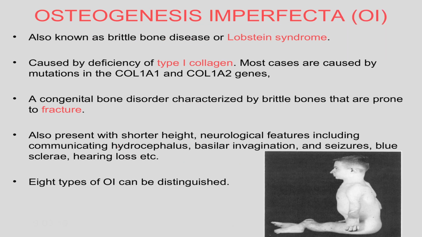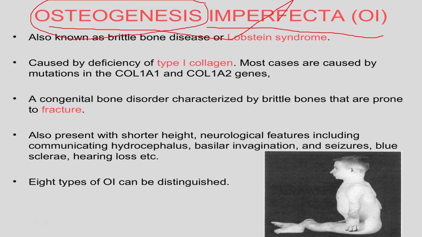So the next disease, now we are coming to more specific disorders. These will come as MCQs, and they will also be shown as cases. Number one is osteogenesis imperfecta. As the name suggests, it is a defective bone disease. Osteogenesis, the formation of bones, is defective, imperfect. So it is named osteogenesis imperfecta.